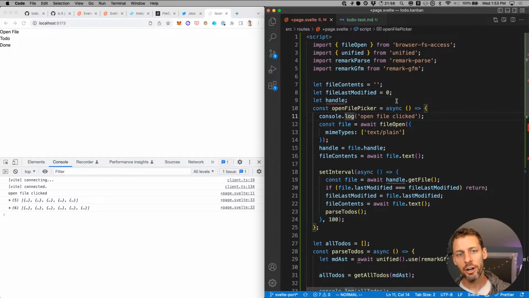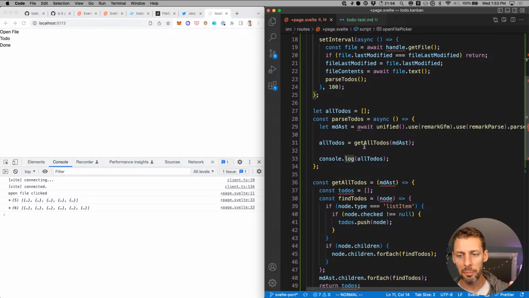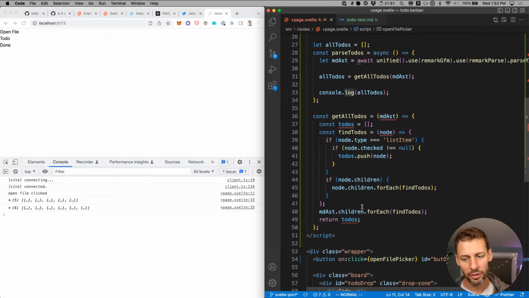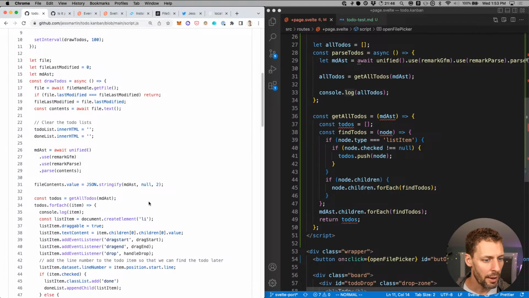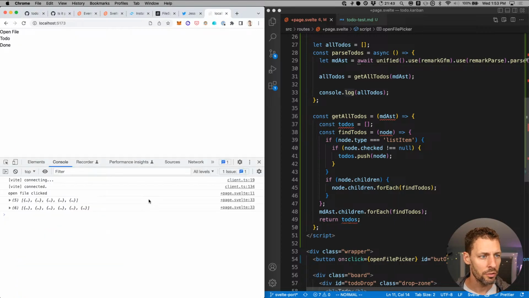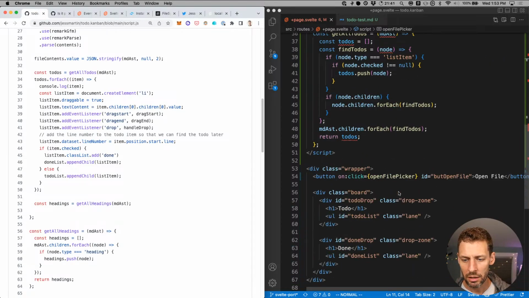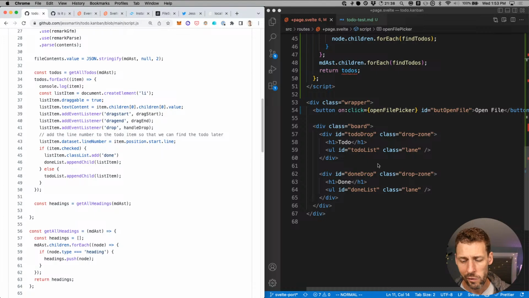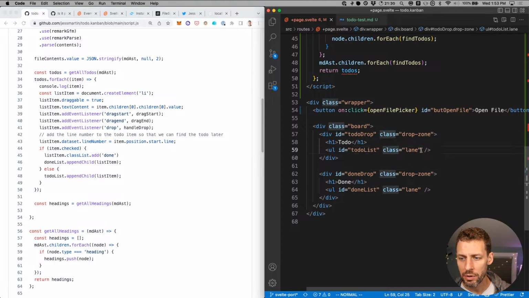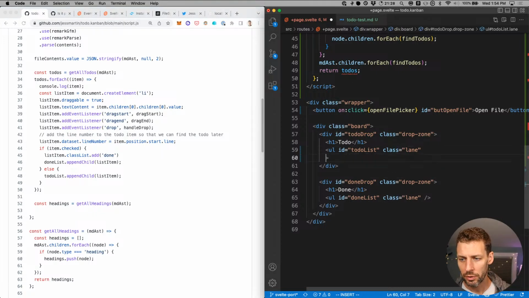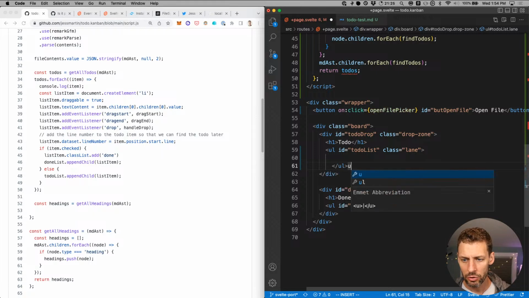We've got a continually refreshing file that's getting us a list of all to-dos that are parsed from the Markdown using Unified and all the different little parsers. So we're in really good shape now to actually start bringing the files into the HTML. The way that we're going to do that in Svelte is we're actually going to iterate over the files inside of this UL. So right here, we'll have a close UL, and then